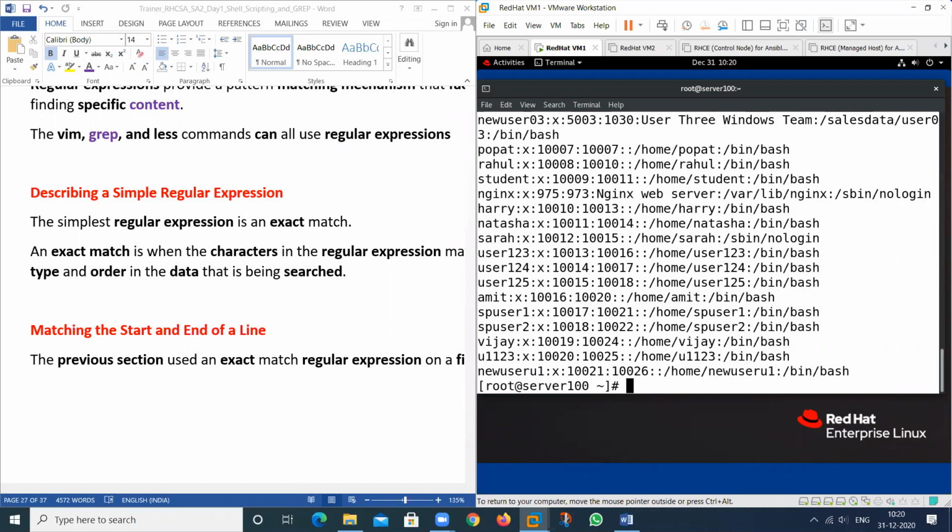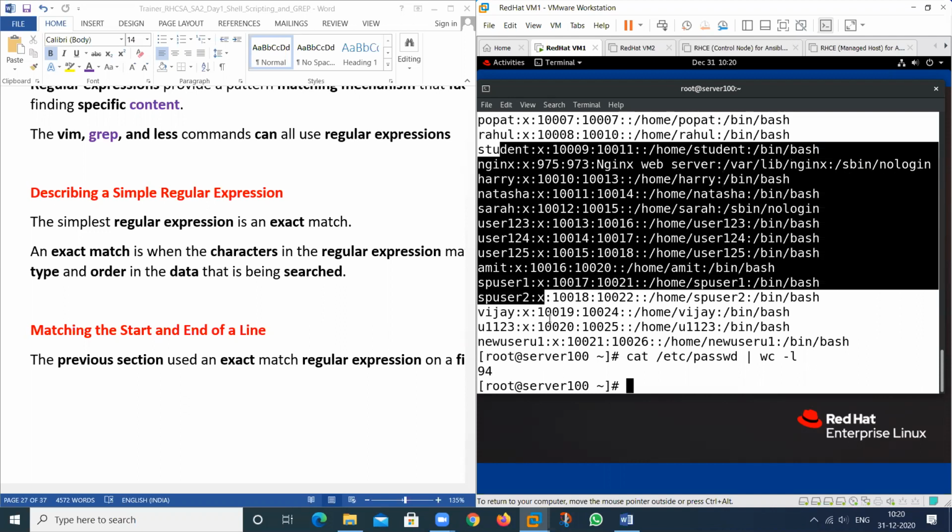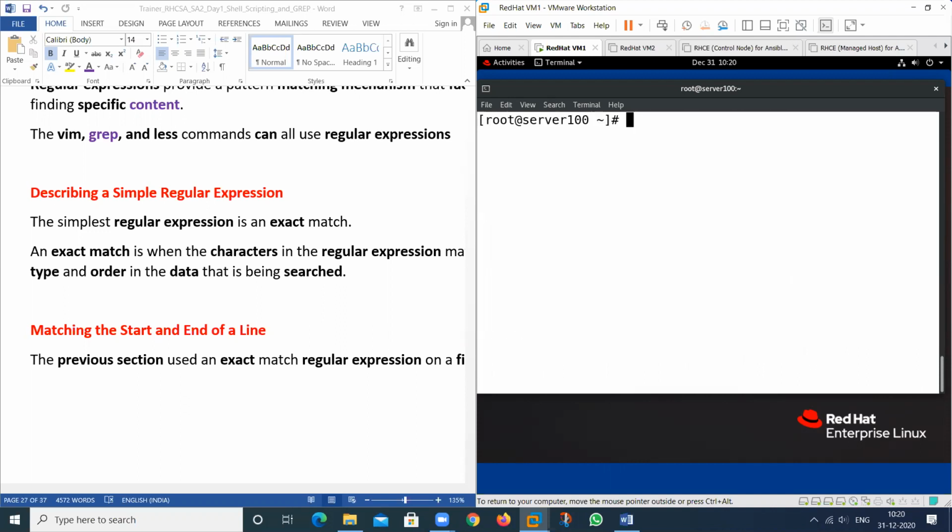When I want to search anything from a file, suppose we have a file, cat /etc/passwd. This is my file. This is a big file, and if I want to check how many lines are in this, we can use this one. There are 94 lines in this file, but we want to search the content about only one user and show the information of only this particular line. At this time, cat is used to print all the lines, but I want to print only this one. Then what will I do? We can use grep. In the place of cat, we use grep.